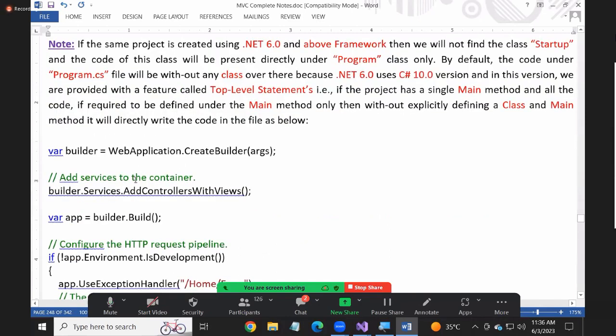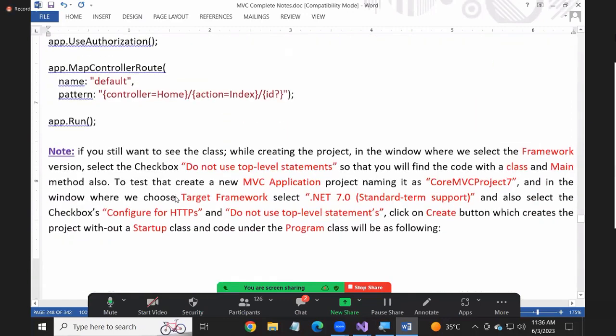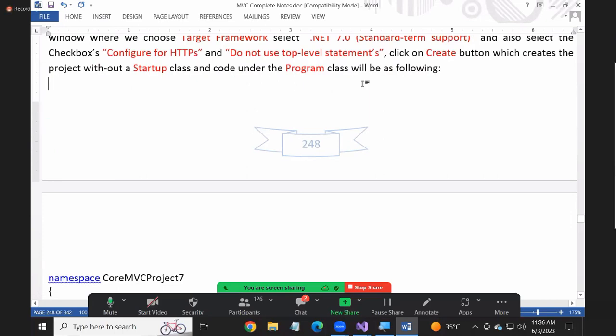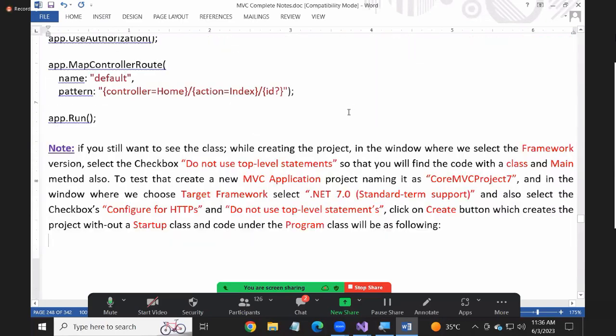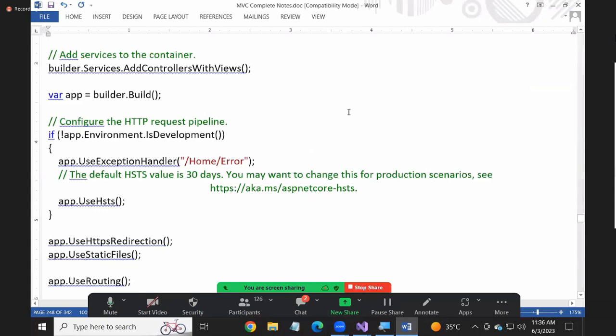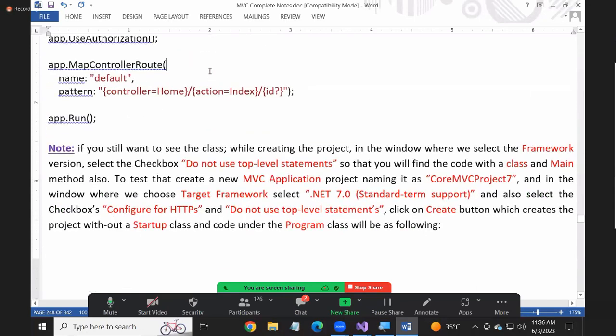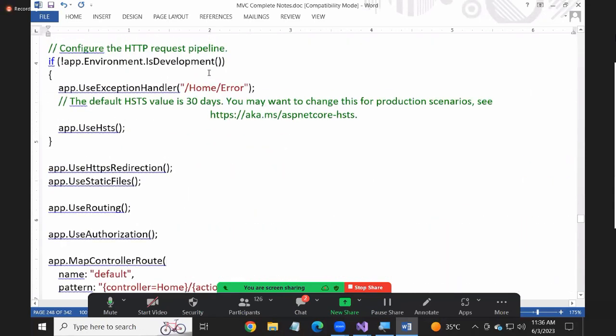Are you clear or not? If you don't select the top level statements, this is how the class will be present. So better, what you do is choose the option do not use top level statements, so that you'll find the code perfectly inside of it, and you can organize things. Okay, so this is all about how